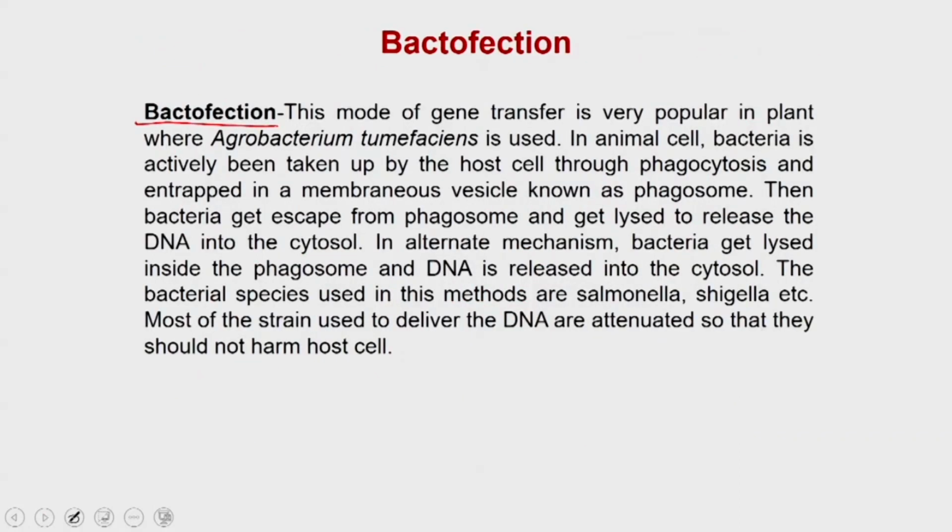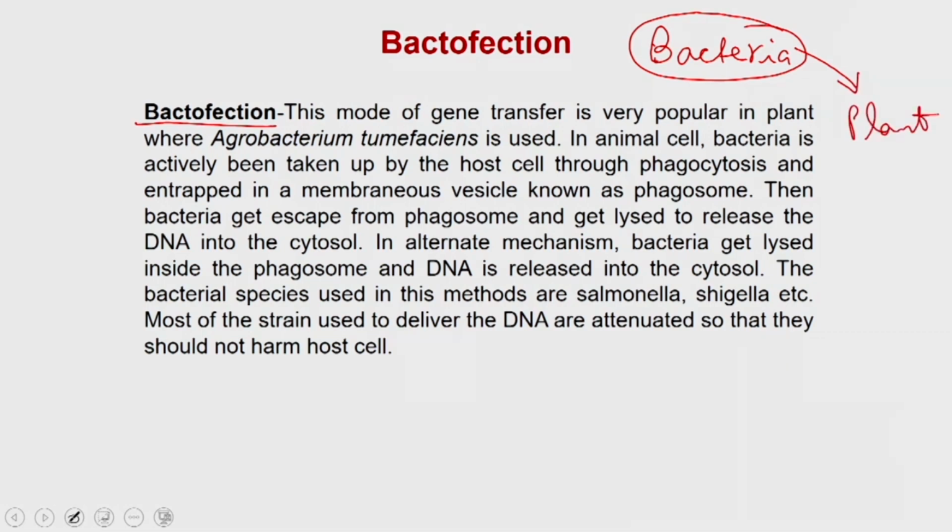The next method is called bactofection. Bactofection, as the name suggests, uses bacteria in this particular method. This bactofection method is more popular in the case of plants. If you are trying to deliver a gene to a plant, you can use bacteria to facilitate that process. In that case, people very often use a bacterium known as Agrobacterium tumefaciens, and Agrobacterium tumefaciens mediated gene transfer is very popular and successful in the case of plants, whereas in the animal cell the